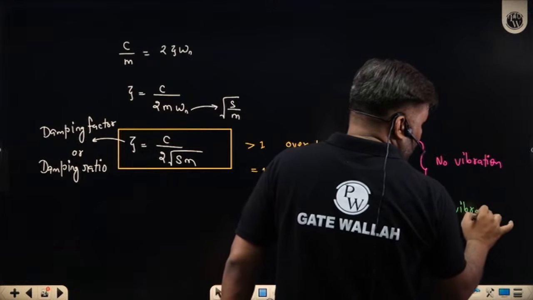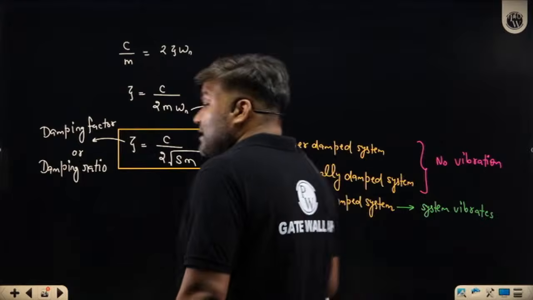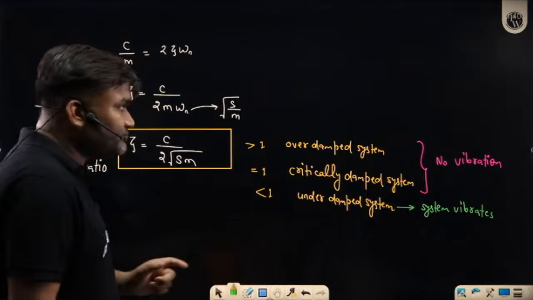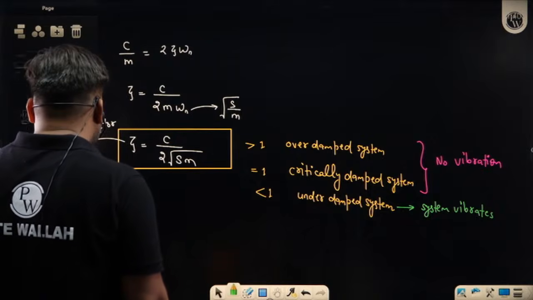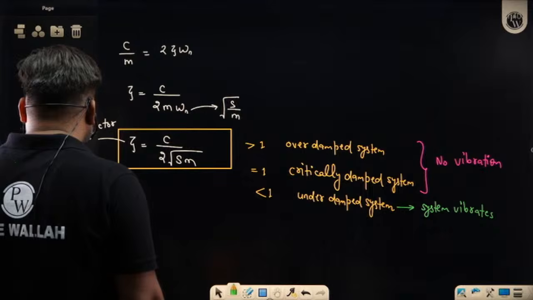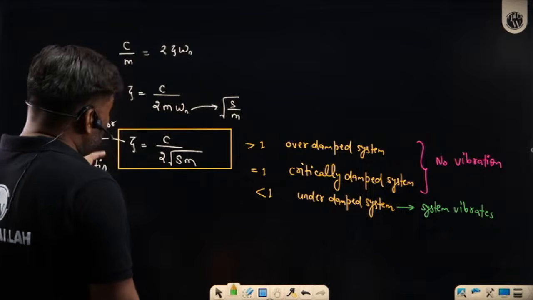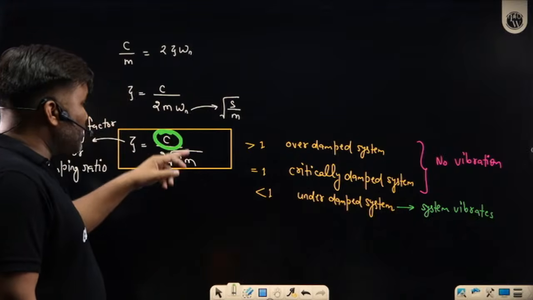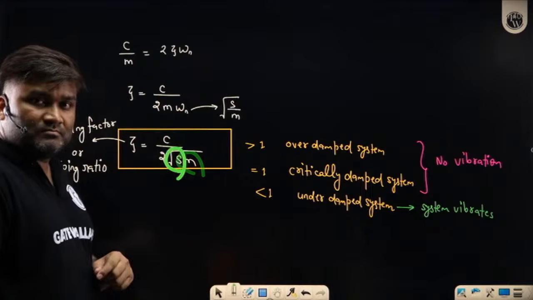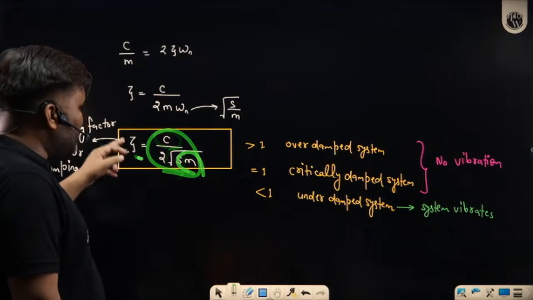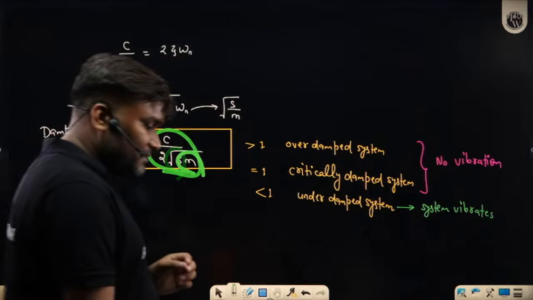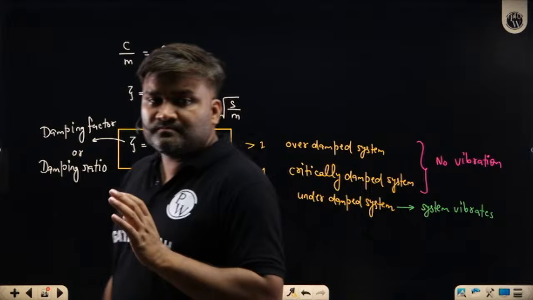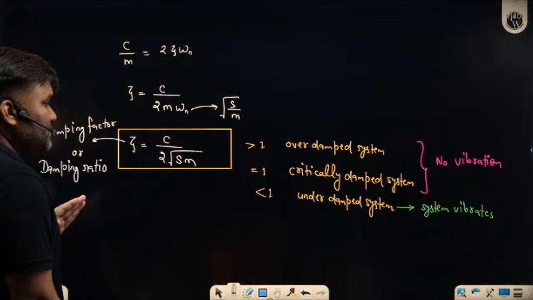The system vibrates, but this vibration will not stay in the system for a lifetime. How is this vibration going to look? In an examination, they sometimes simply ask, tell me what the zeta value is. If I have given you the damping coefficient C, stiffness S, and mass M, you can put all these values in the formula for zeta, the damping ratio, and tell it very easily. I hope this is clear to everyone.